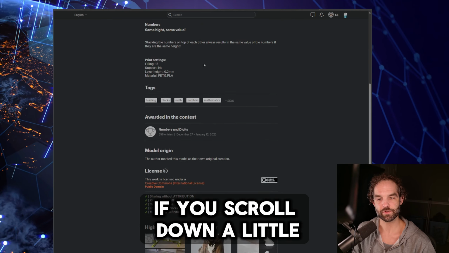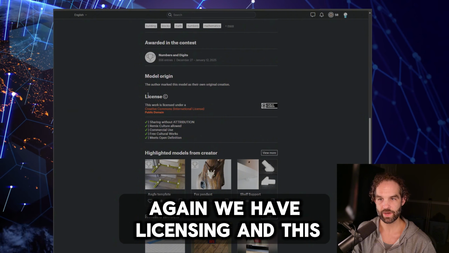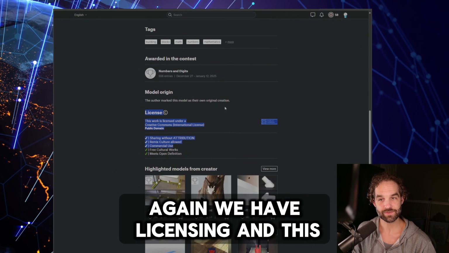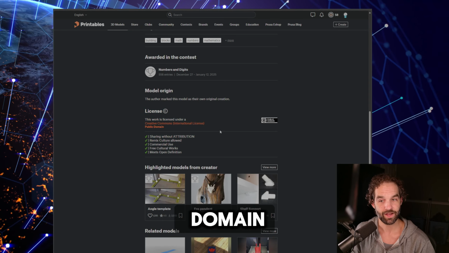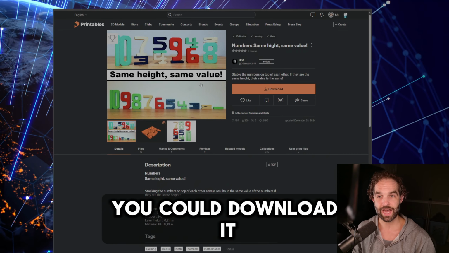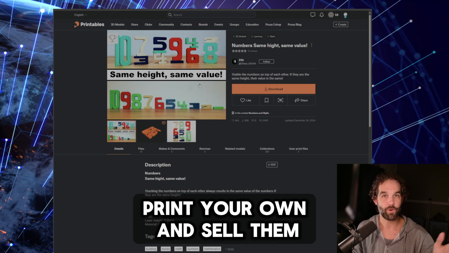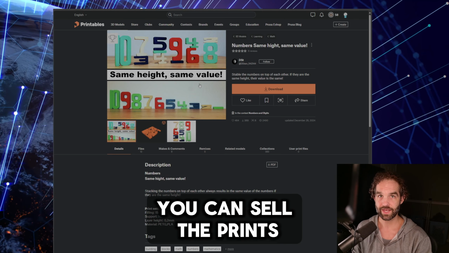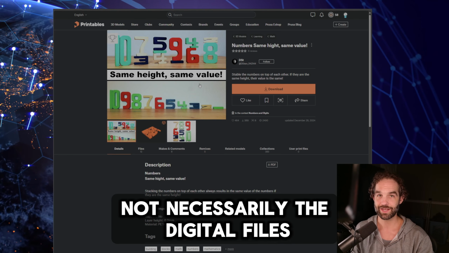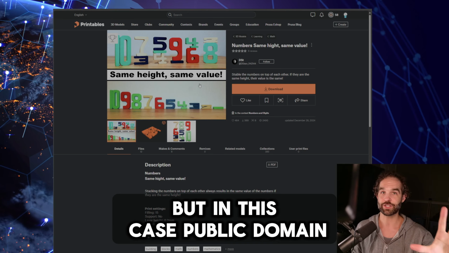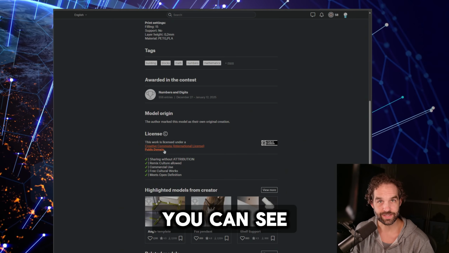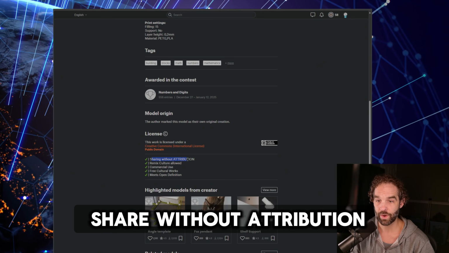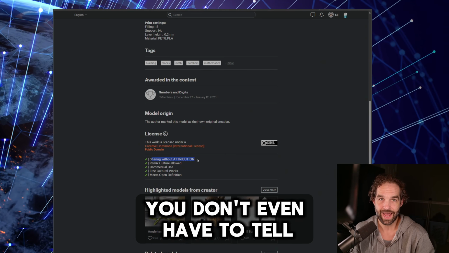On Printables, if you scroll down a little bit, again, we have licensing, and these numbers are licensed under public domain. So if you like this design, you could download it, print your own, and sell them all you want. You can sell the prints, not necessarily the digital files, but in this case, public domain, you could even sell the files if you wanted to. You can see it also states that you can share without attribution, so you don't even have to tell where the file came from if you don't want to,